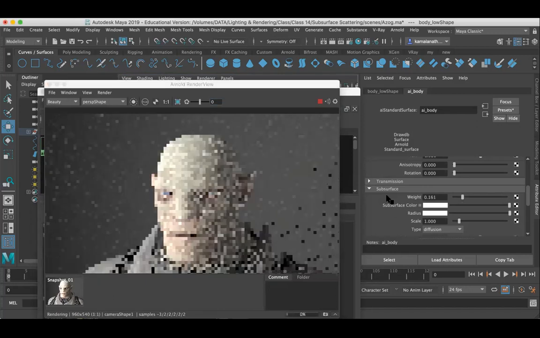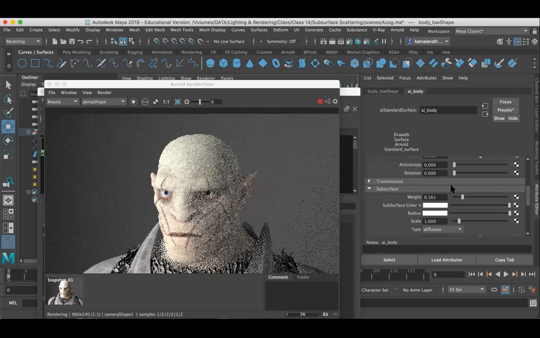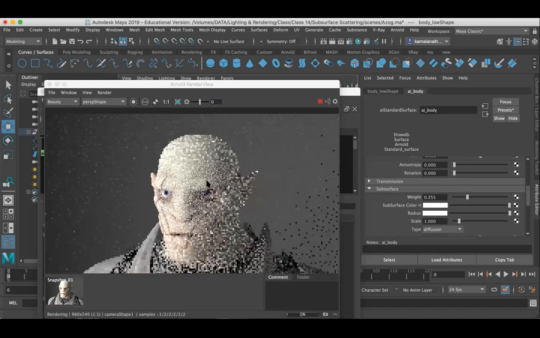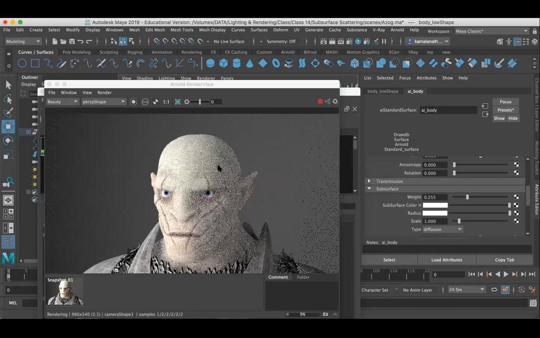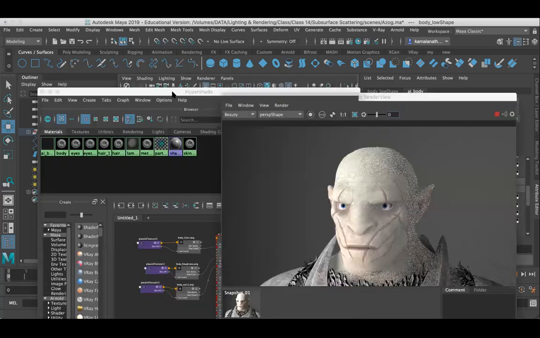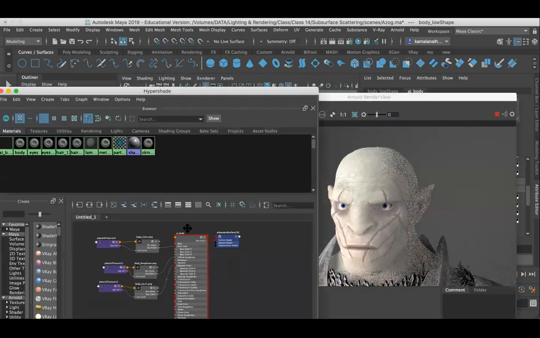So now what I'm going to do is use some minimal value where I can find the proper one. Here you can see the light rays hit the surface, and it just reflects with the value, and transmits outside the object. That's what we are looking at right now. To look into the proper subsurface, we have to work with the hypershade, with the shader right now.